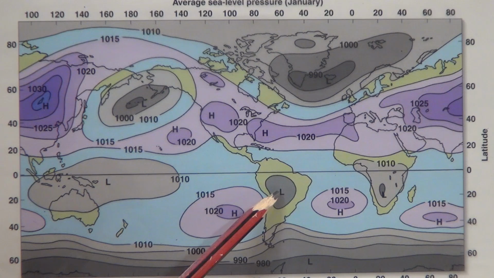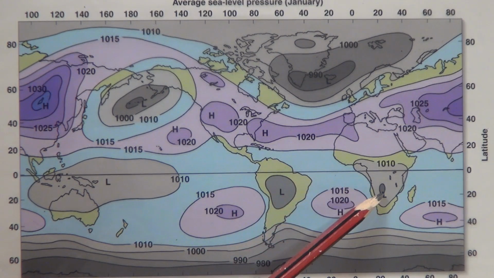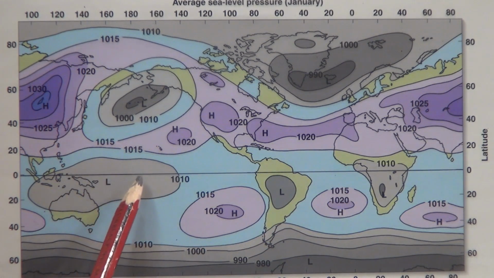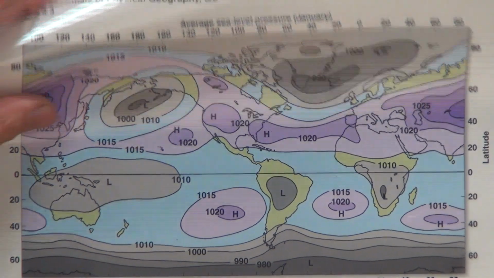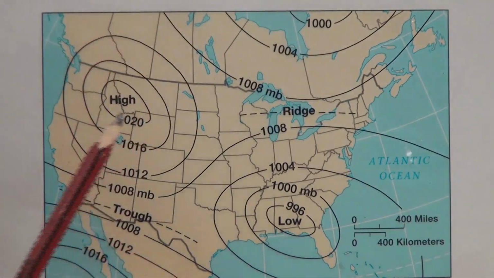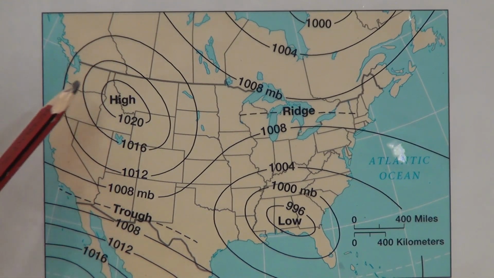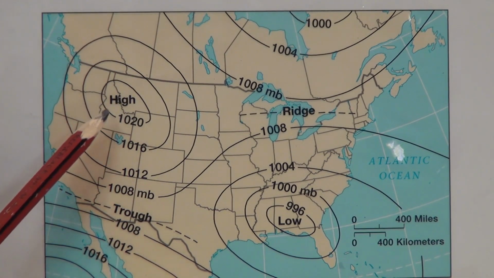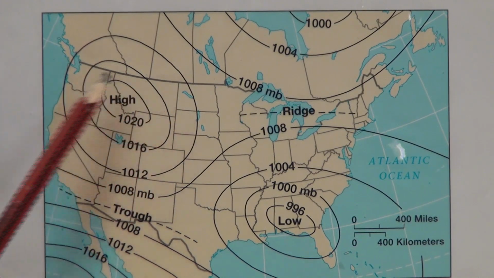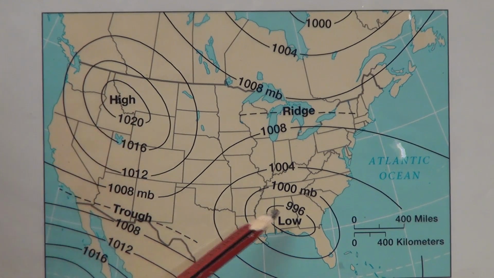And you can see some other ones here in the Amazon, another one down here in the southern part of Africa. Here's one sitting off of Australia, okay, out here in the middle of the Pacific Ocean. So very useful. And then let's look at our final one. Okay, and here is one of the United States. Kind of a generic one showing high pressure here off of, let's say, Idaho and in the Pacific Northwest. Okay, so this would be, let's say, in the late summer, early fall. And there's a low pressure down here in the southeast.